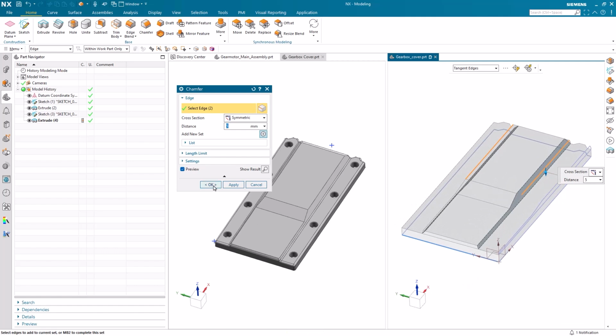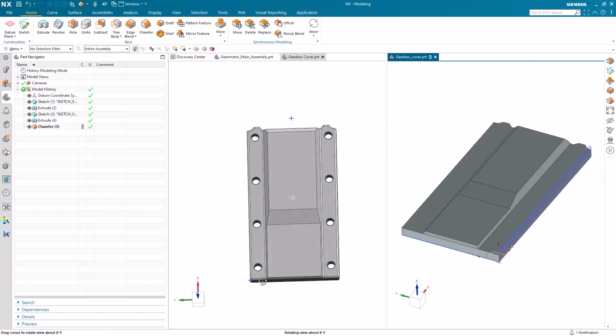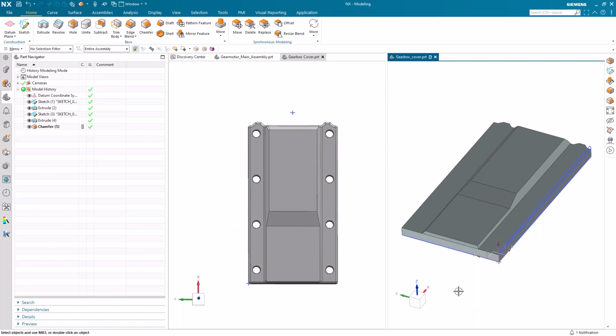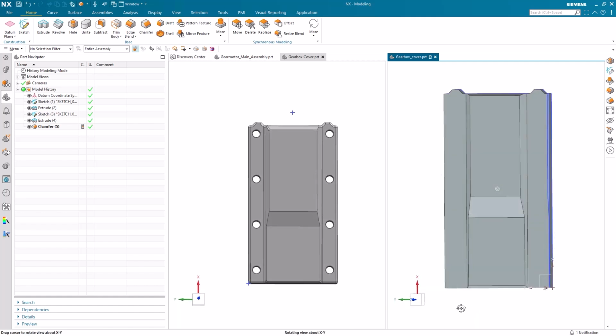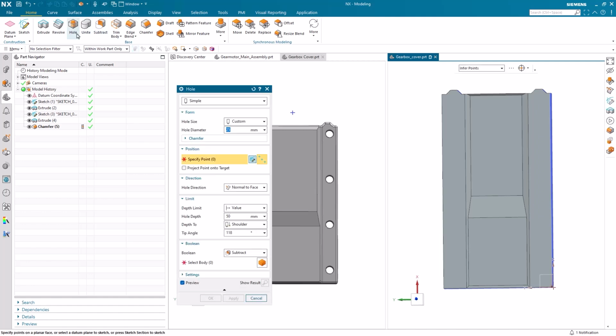The next step in our design is adding in our holes along the edges. To do this, we're going to start with a simple singular hole and then practice using the pattern feature and mirror feature commands. There are a few methods we could implement to simplify this step to require only one pattern, but using both tools will be good practice and experience today. To begin, the hole command can be found on the Home tab in the Base group.